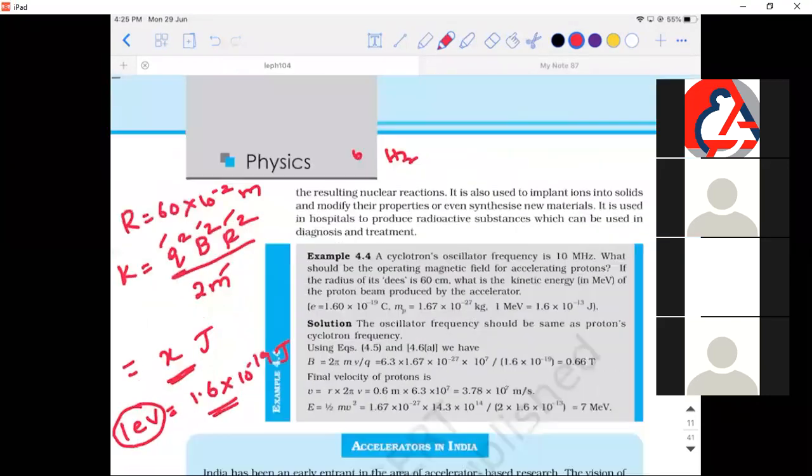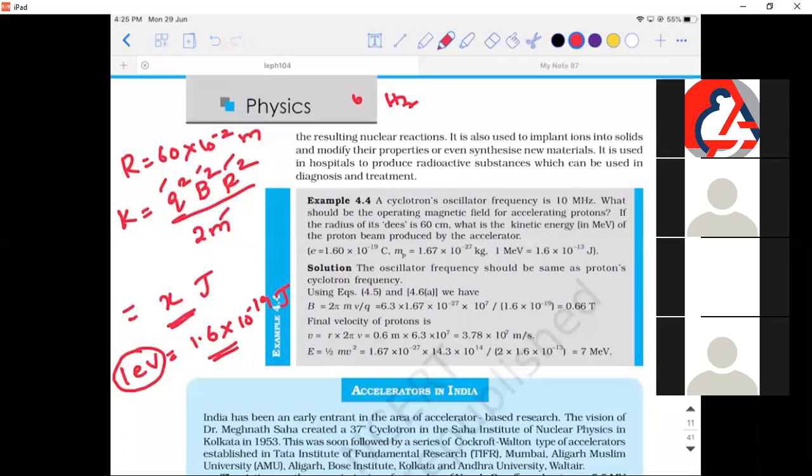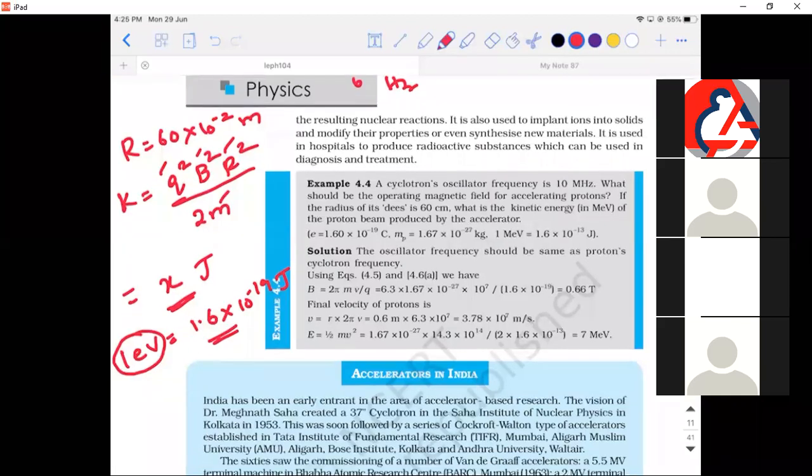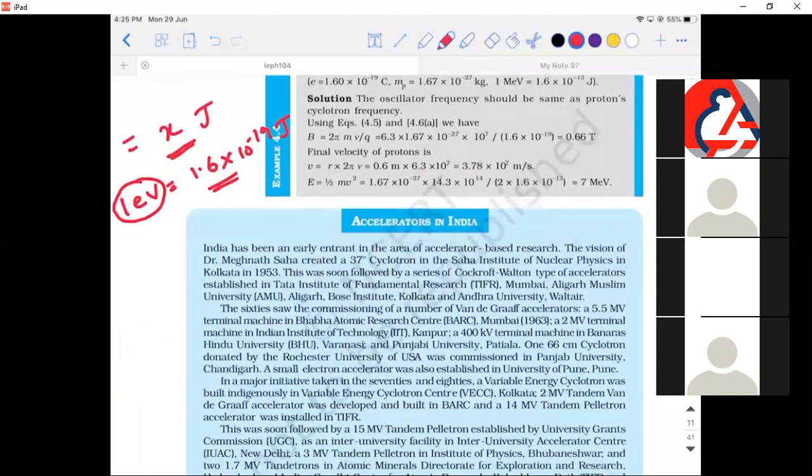If you look at it, electron volt is something like that. E is the charge of an electron. V is the potential difference. So the meaning of this statement is, how much work are we supposed to do to move 1 electron across a potential difference of 1 volt? Don't get confused. I'm not saying 1 coulomb. I'm saying how much is the work done by us to move 1 electron across a potential difference of how much value? 1 volt.